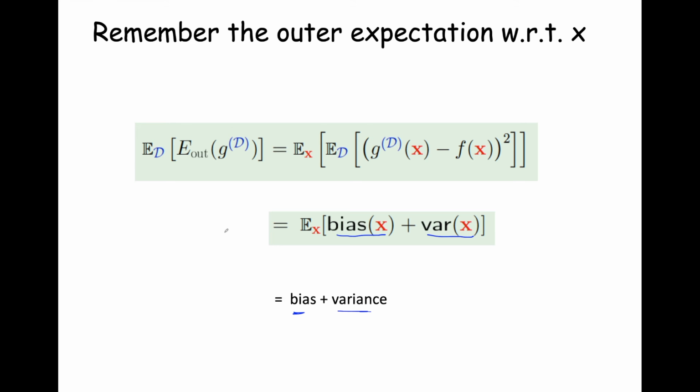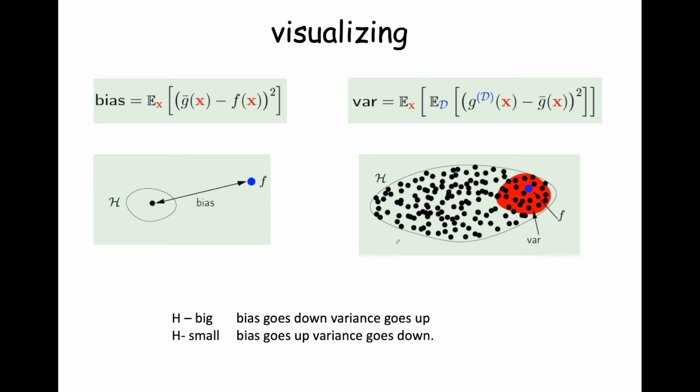And so this decomposition, the so-called bias variance decomposition, talks about your out-of-sample performance consisting of two components, namely the bias, how far off your best average hypothesis is from the target function, and the variance, the way you search for it, the average difference between a particular hypothesis and the best you can do. So let's